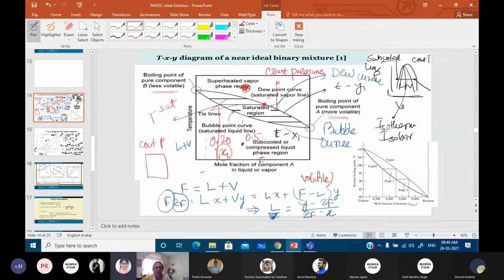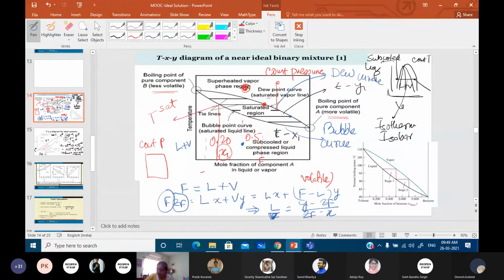Ma'am, we'll heat the new mixture again until we get the desired composition. Perfect. You increase the number of stages. That means we start from here, right? And we simply vaporize it. When we vaporize it, we are not going to totally vaporize it, mind it. Then in that case, you have entered this region. No, we will stay in this region only and do whatever we can.